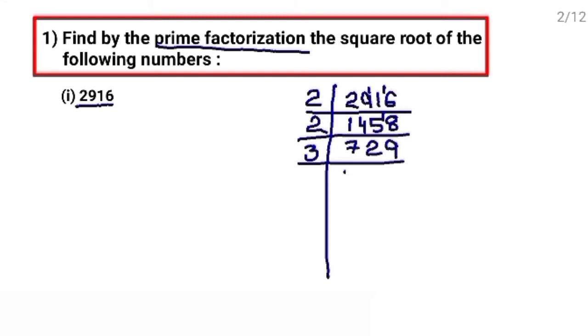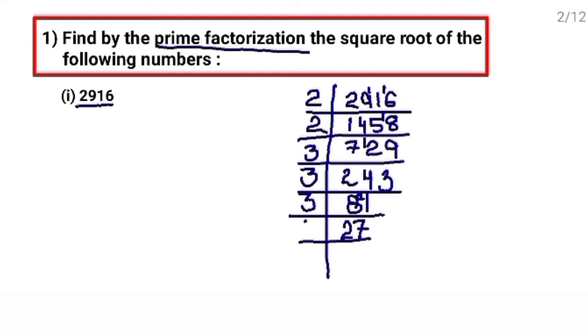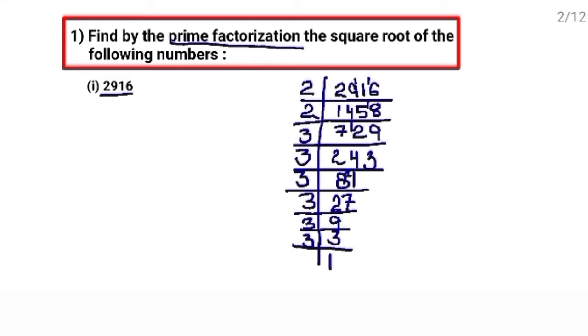Divide it. 3 twos are 6, 1 is remaining, 3 fours are 12, 3 threes are 9. Again check it. Is it divisible by 3? 3 plus 4 is 7, plus 2 is 9. Yes, this is divisible by 3. 3 eights are 24, 3 ones are 3. Again 8 plus 1 is 9. 9 is divisible by 3. So this is divisible by 3. 3 twos are 6, 2 is remaining, it becomes 21. 3 sevens are 21. Again 3 nines are 27. 3 threes are 9. And then 3 ones are 3.